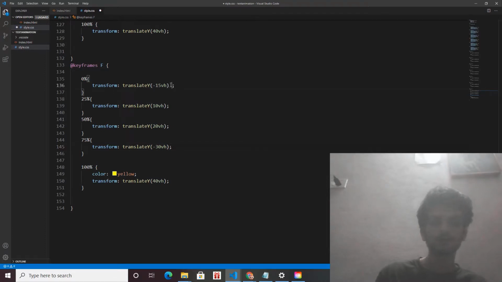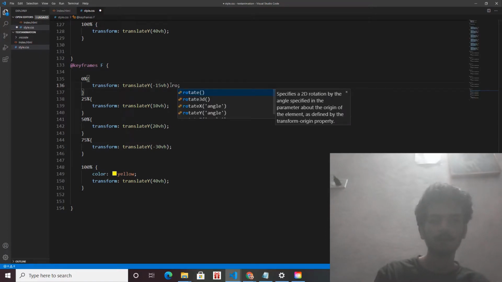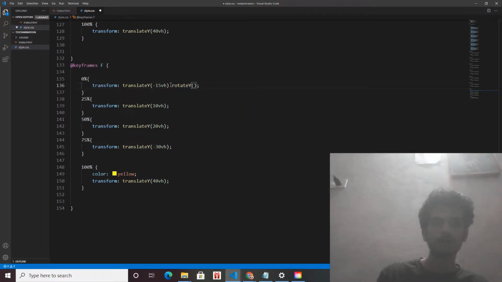So in the transform property, to the right side of the translate y, I am giving rotate y, and how much rotate? In the starting, no rotation, 0 degree. Okay, but in the 25%, it means the second phase of the animation, we want to rotate it. How many degree? 90 degree, right?